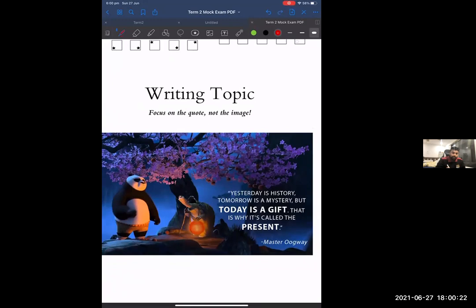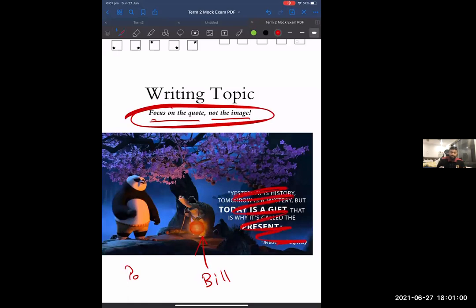If anyone here focused on the image, talking about Kung Fu Panda, you got a 0. We finished marking all the Saturday students' writing yesterday. So far, I think 3 kids wrote about Kung Fu Panda. 1 kid wrote about Po the Panda, and they forgot about the turtle's name, so they called him Bill or something. Po and Bill. Now, here's the thing. The student wrote a whole story based on Kung Fu Panda and this line. They didn't write out anything about this. They talked about this line here. They wrote a story saying that Po was talking to Bill the turtle, and